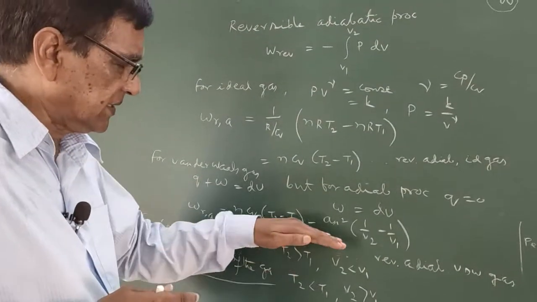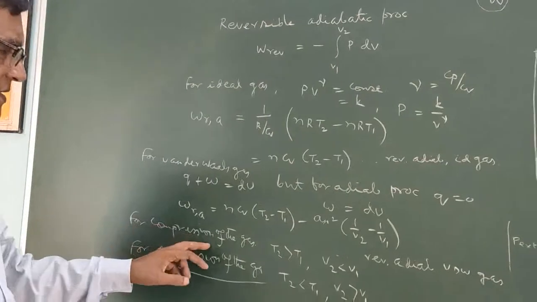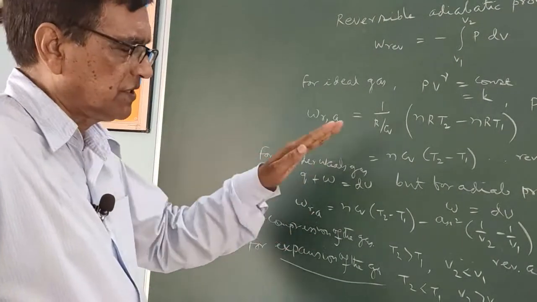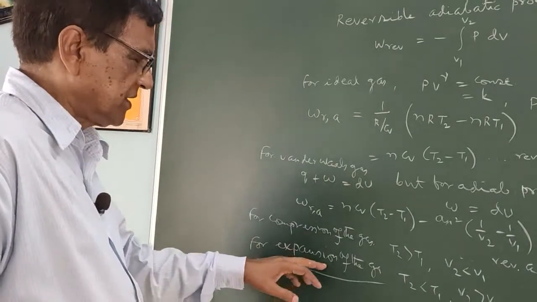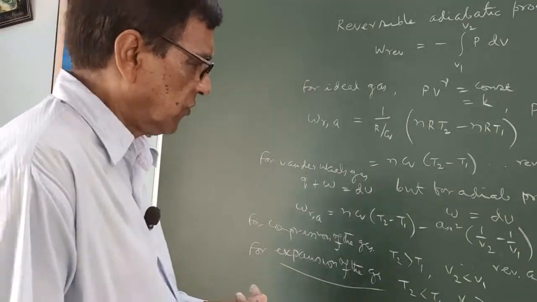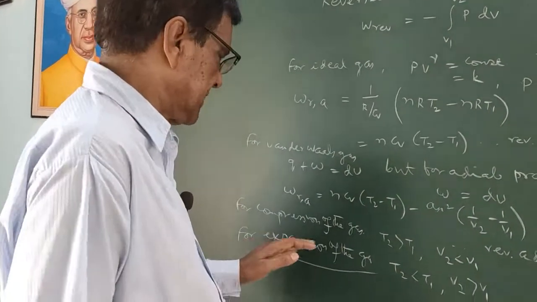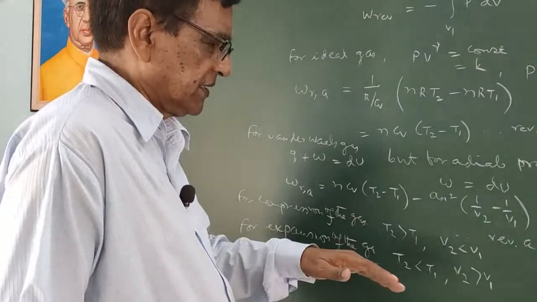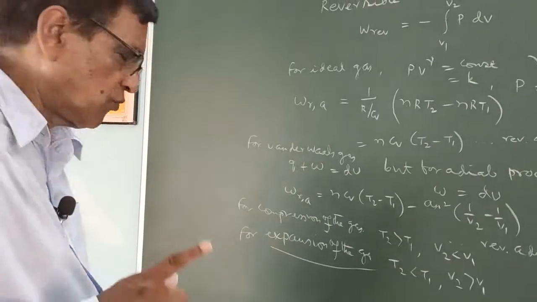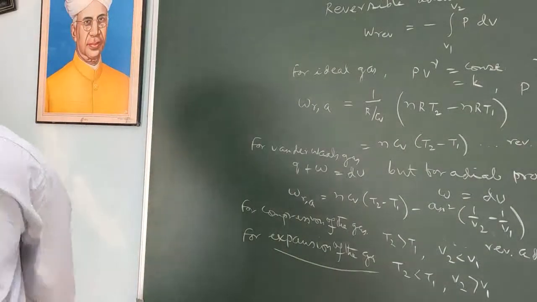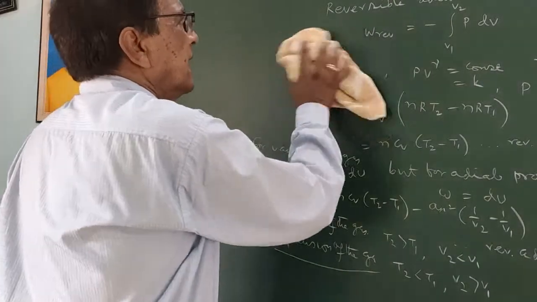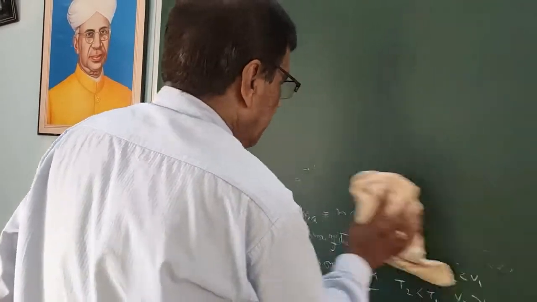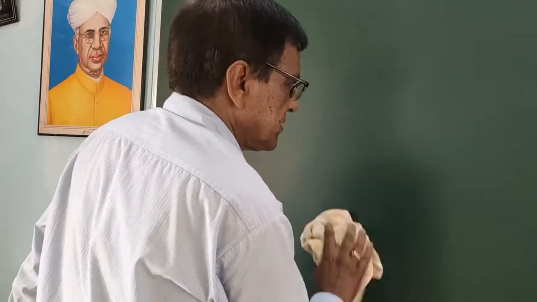So what is the net result? For the compression, a less amount of adiabatic work is required for this Van der Waals gas. For the expansion, more work is required for the expansion of this gas. Compression less and expansion greater due to the intermolecular attraction. Now one thing I can say today, and this will be the last one, I have discussed two processes,